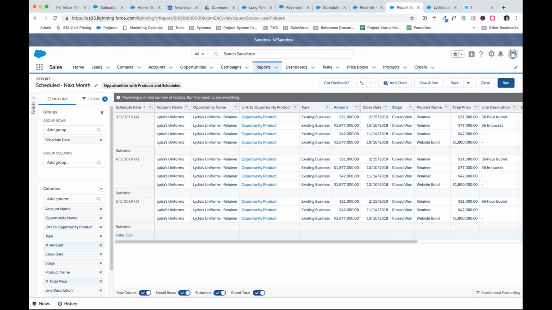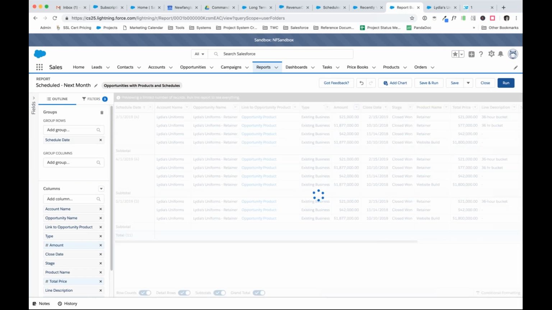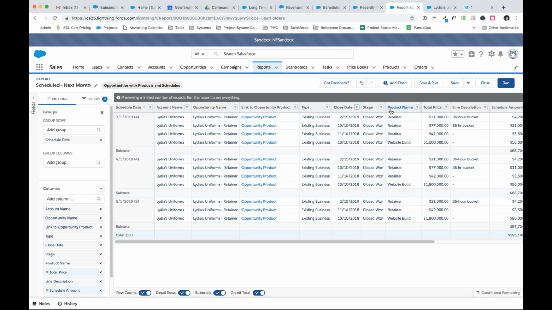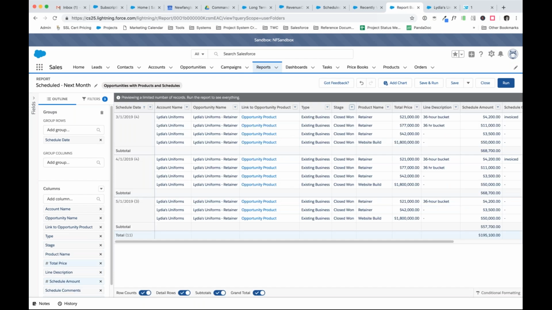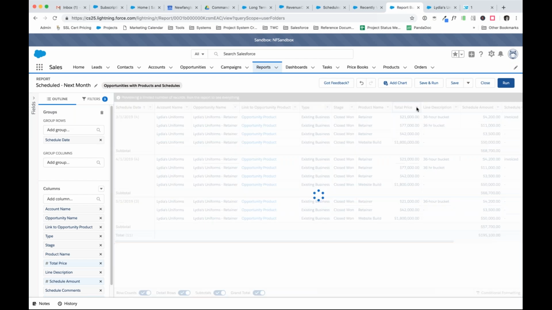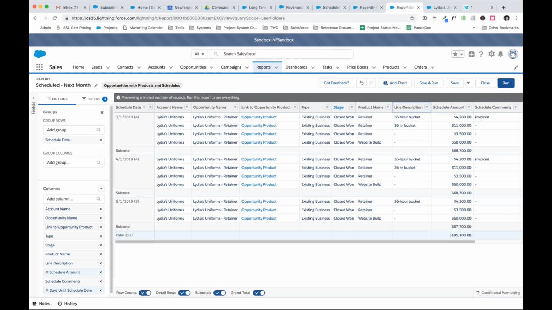So I could say, okay, here's, and then I would probably remove that. That's not helpful. What about the close date isn't helpful. It's the date of renewal that's important. Okay, I see, so the scheduled date. Yeah, so these are all the standard fields that they put on this report, but if we sort of take it down,